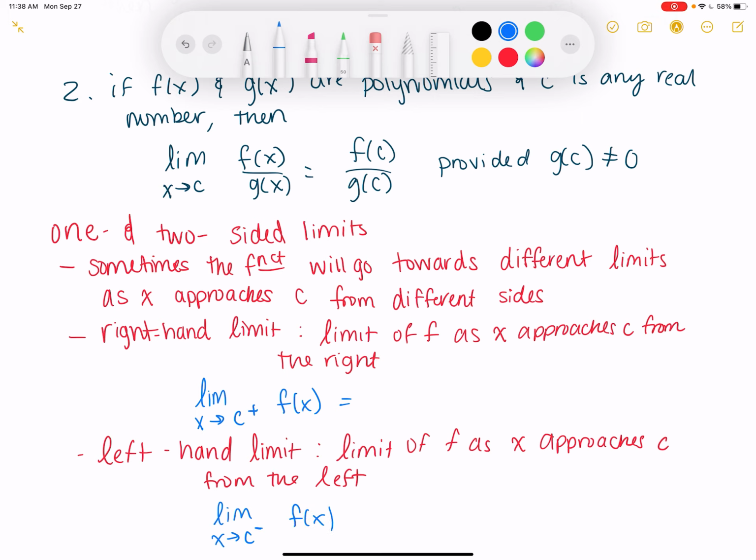It's not actually an exponent, I'm just describing it that way. But f of x is equal to,